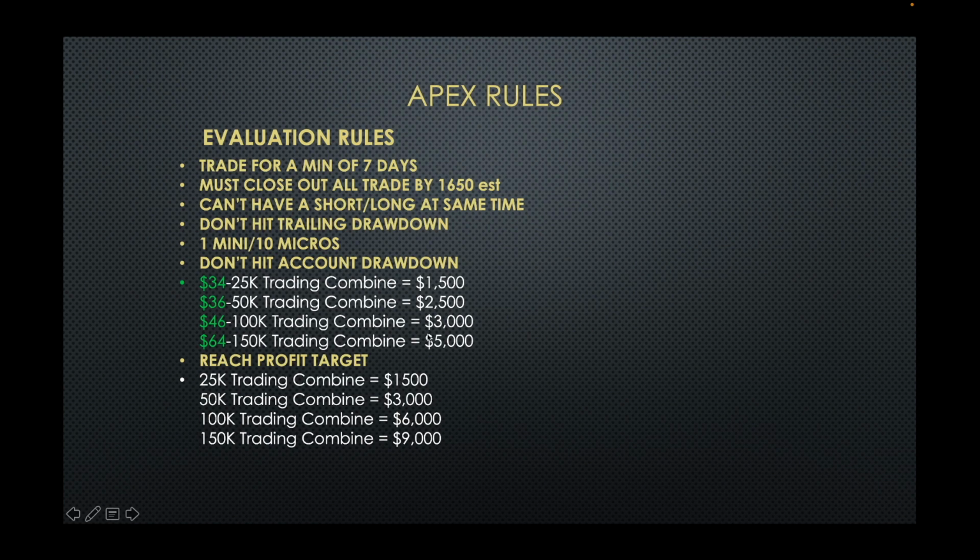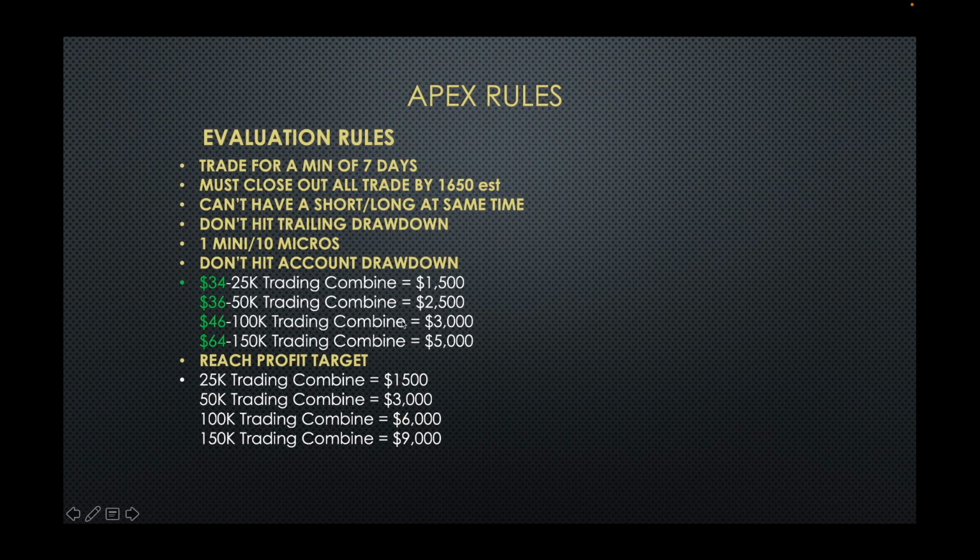Now, when you jump up to 100K, you have 3,000, which is only $500 more drawdown than the 50, but you have to make $3,000 more in profit. So that's where I say that ratio, you can see that's not a good ratio. You're going from only needing $500 more to needing $3,000 more. That's pretty damn big. And in the 150K account, they give you 5,000. Granted, you have $9,000 profit, but if you look at the actual ratio, it's better than the 100K account.